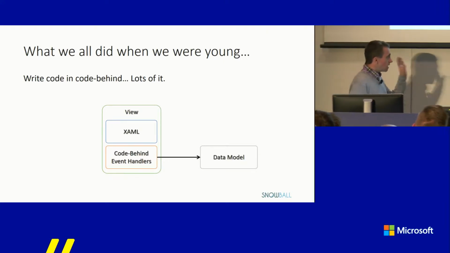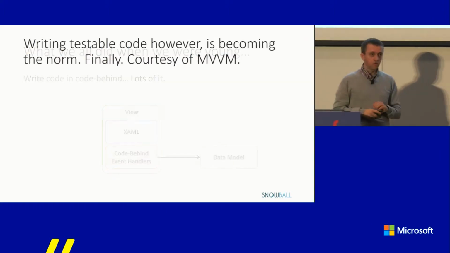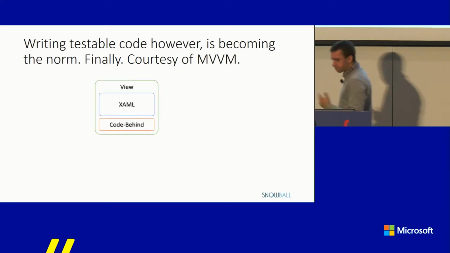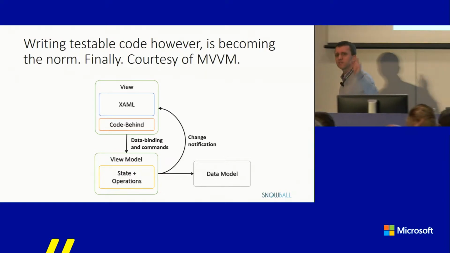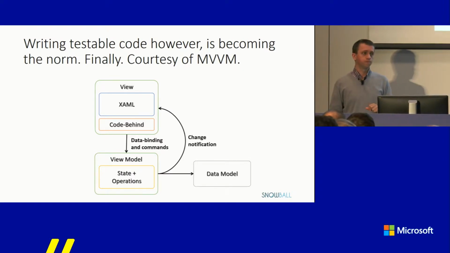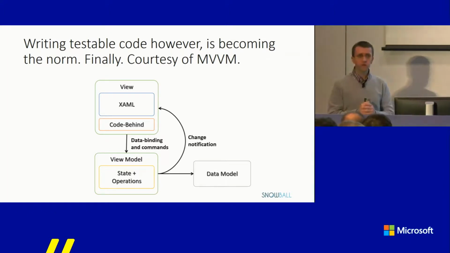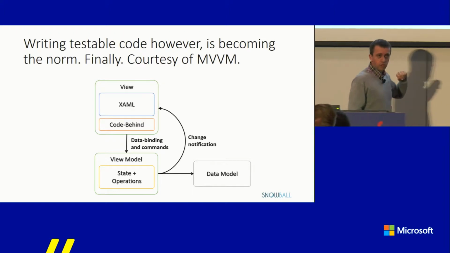That time is gone, and we're now basically moving on into better architecture for this type of application. So what we're going to use is MVVM. Now, in MVVM, we still have a view. The view is still XAML, but there's only a tiny bit of code behind anymore. There's still going to be a bit of code behind, so things that really have to do with the view, but for the rest, we'll be focusing on this extra abstraction that we are going to include here, which is